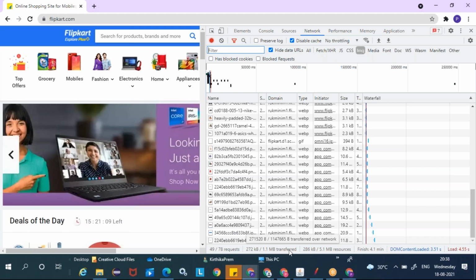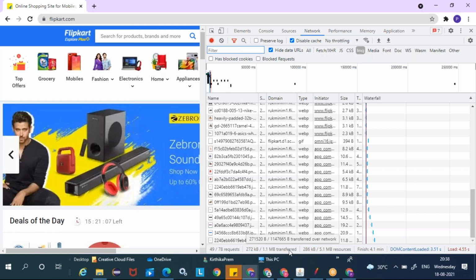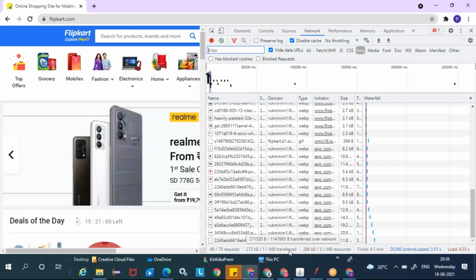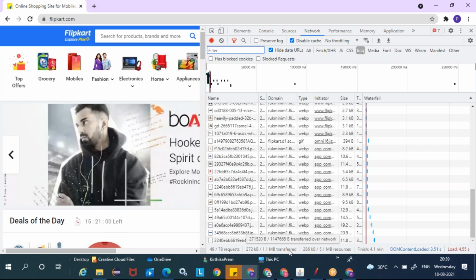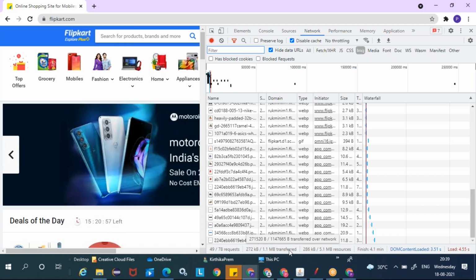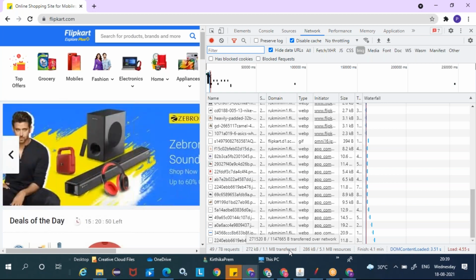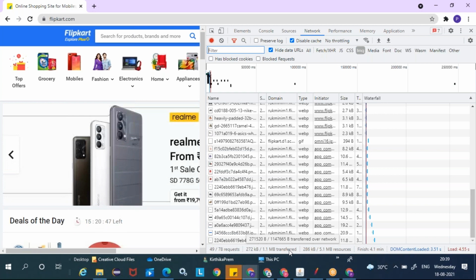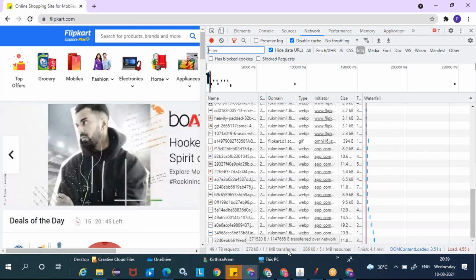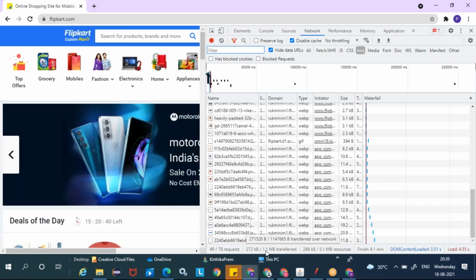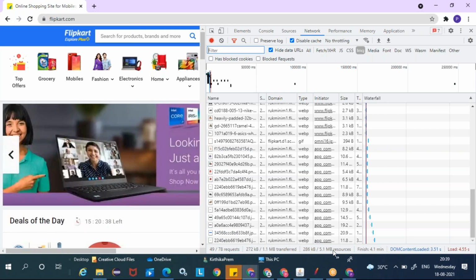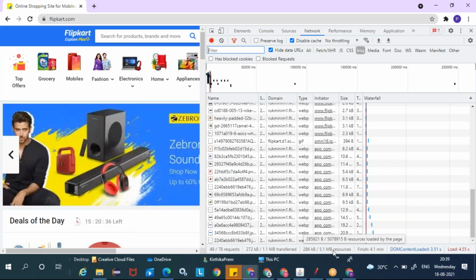When the server is going to send the page, it will compress it. All the resources will be compressed, similar to how you compress your files when you send them by email, right? You zip it and send it, and then the user will download and unzip it. Similarly, the server will also zip it and send it to the browser, and the browser will unzip it, and then use it. That is why you see 1.1 MB transferred over the network, which means the server is sending 1.1 MB, and then when it has been used by the browser, it is 5.1 MB.